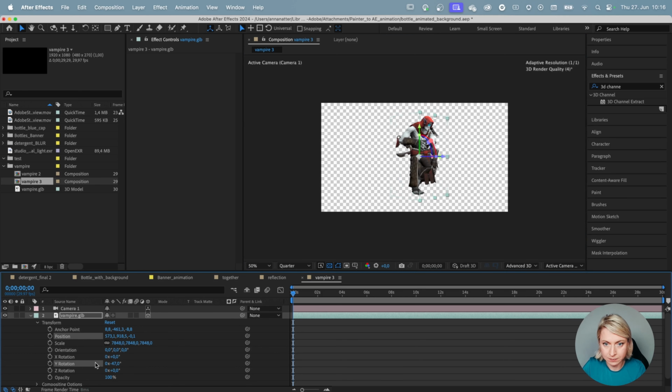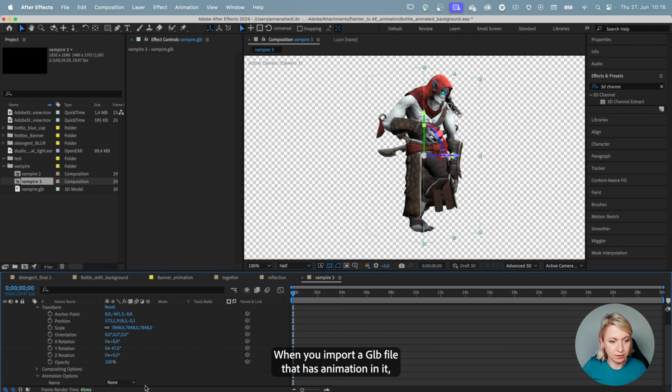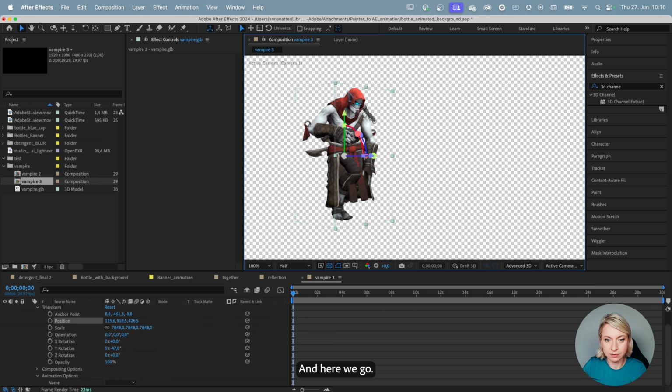So when you import a GLB file that has animation in it, you just have to go to this animation options and select the animation that you want to play. And here we go.